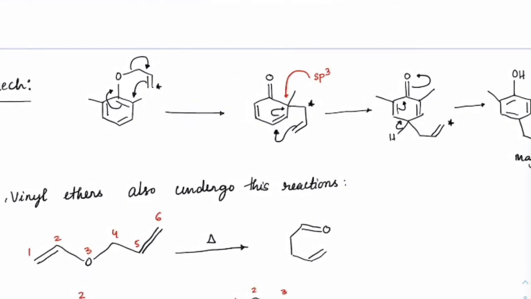See what is happening. First the pi bond here, as usual, is connecting here, and this double bond will shift here. Sorry, made a mistake. Yeah, the lone pair is connecting here. So this pi bond is attacking on this carbon, right, and this pi is shifting here, this pi is shifting here, right. So that's how it got connected.